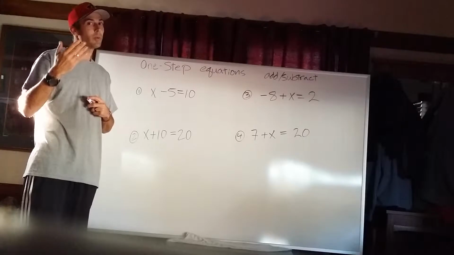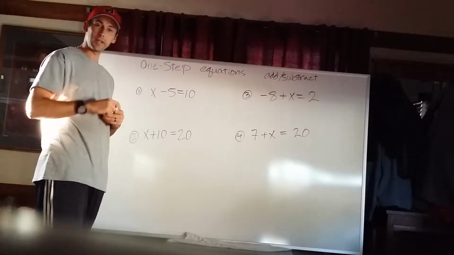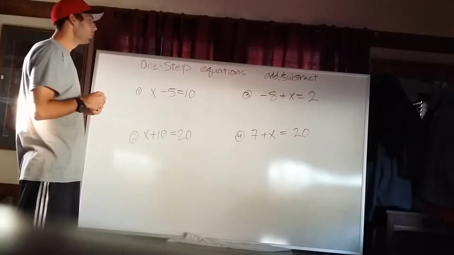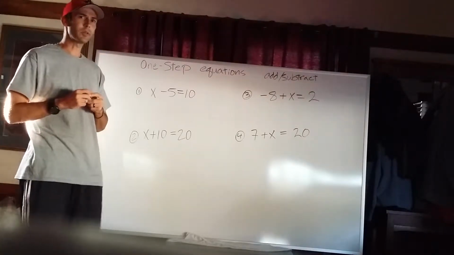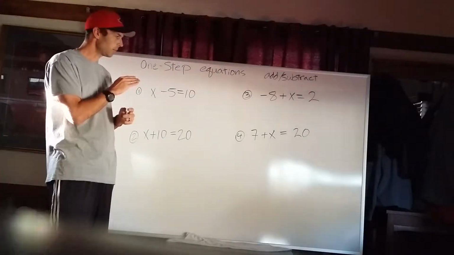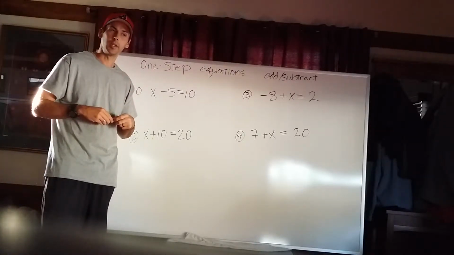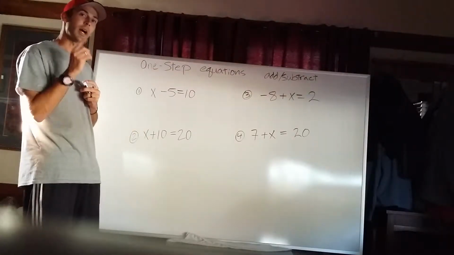If you don't know about positive and negative numbers or integers, please go back and look at some of my other video tutorials on integers. Today we're going to do one-step equations on adding and subtracting. A one-step equation means you do one operation to get the variable by itself and to solve for the variable. The way I always teach it, and the way it always works, is that you do the opposite of what